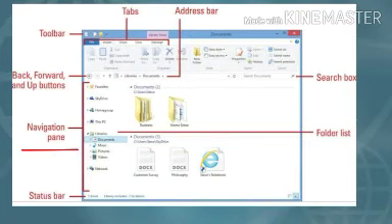Here, the navigation pane shows all the drives, folders, etc. on the computer. Clicking on an item in this pane opens the item and shows its contents in the right pane or in the file list. Double-clicking on an item in the file list opens the item. Windows Explorer has a search box that helps look for things like files and folders. The search box is used to search the contents of the item that is selected in the navigation pane.